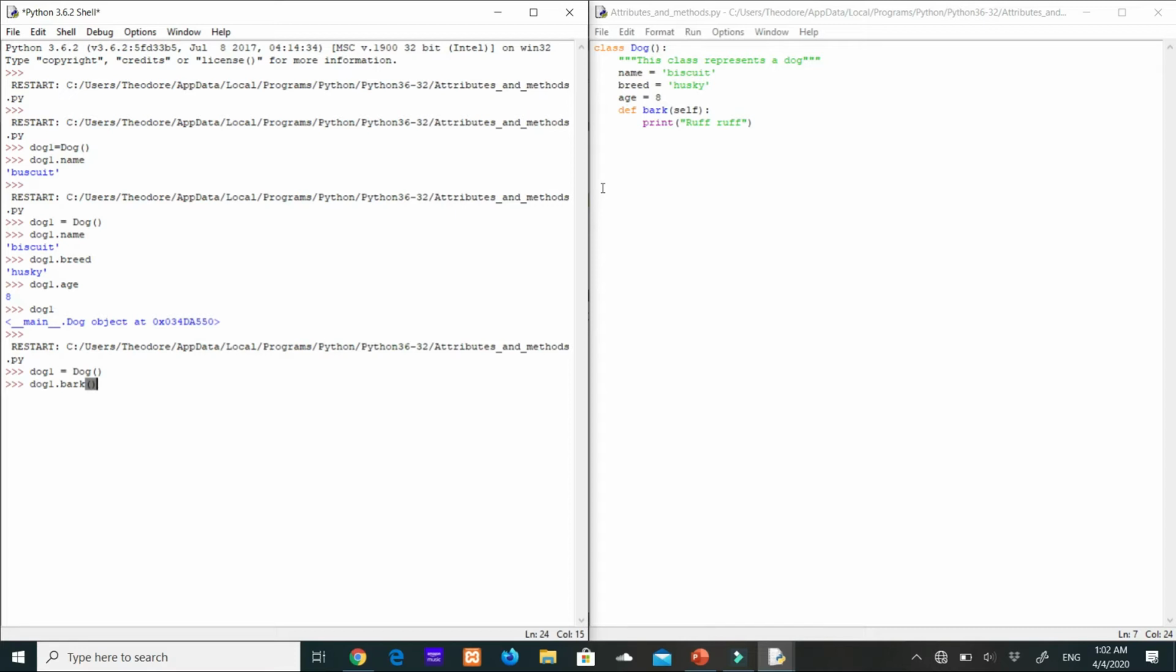So all we do is just hit enter, and we get roof, roof. And right here, through the use of a method in our class definition, we have our object perform an action, which is bark. And what it means to bark is just to simply print out to the user roof, roof. Okay. The next